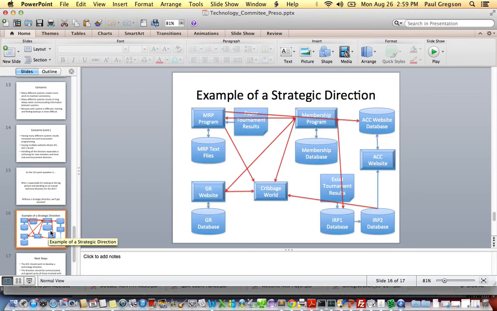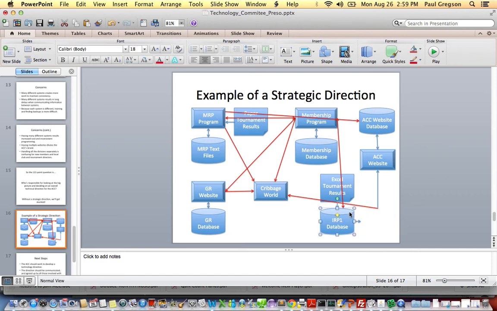So just to frame this a little bit, an example of a strategic direction. So here's what the current technology looks like. Here's one example. This is my example of a strategic direction, just to illustrate it. Right now we've got 6 different databases. What if instead of 6 different databases, we had a single centralized database? So what if we got rid of